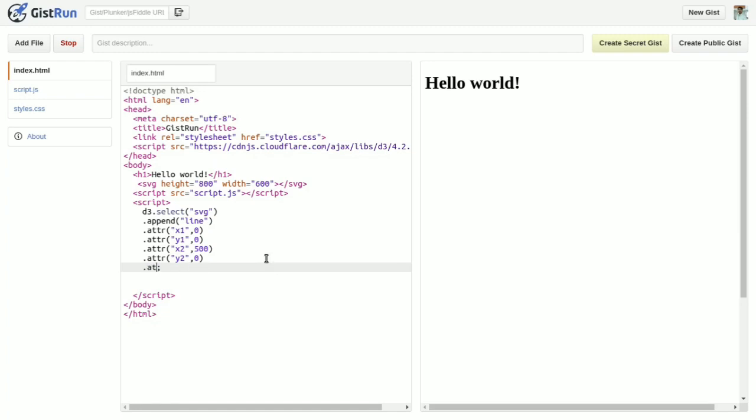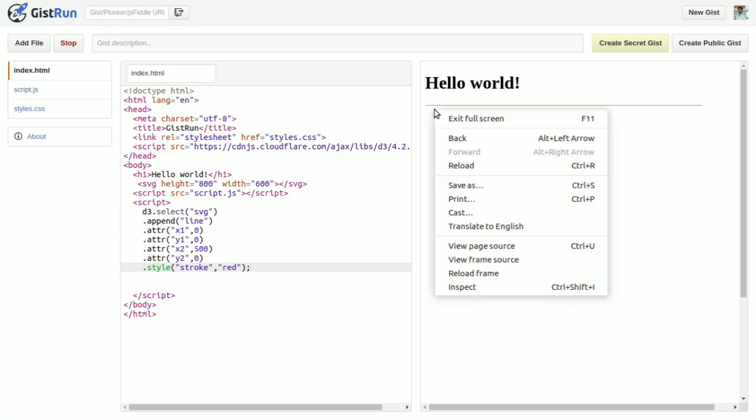Now to give color to this line I will add style stroke to red. So you can see in the output the horizontal line is available. You can see that there is some space on the left side.